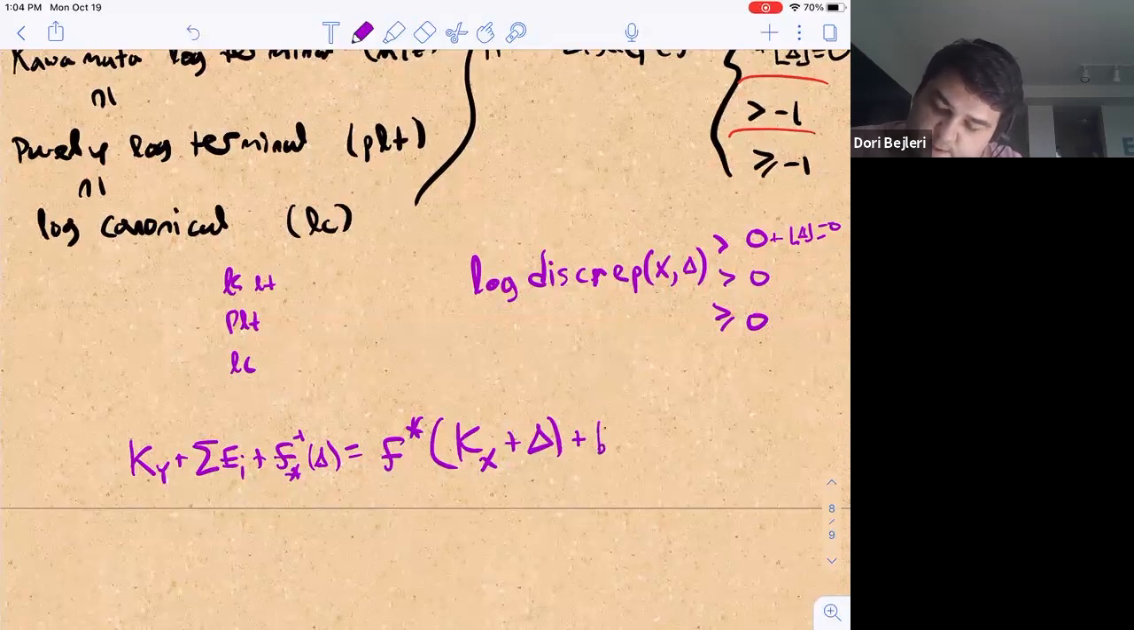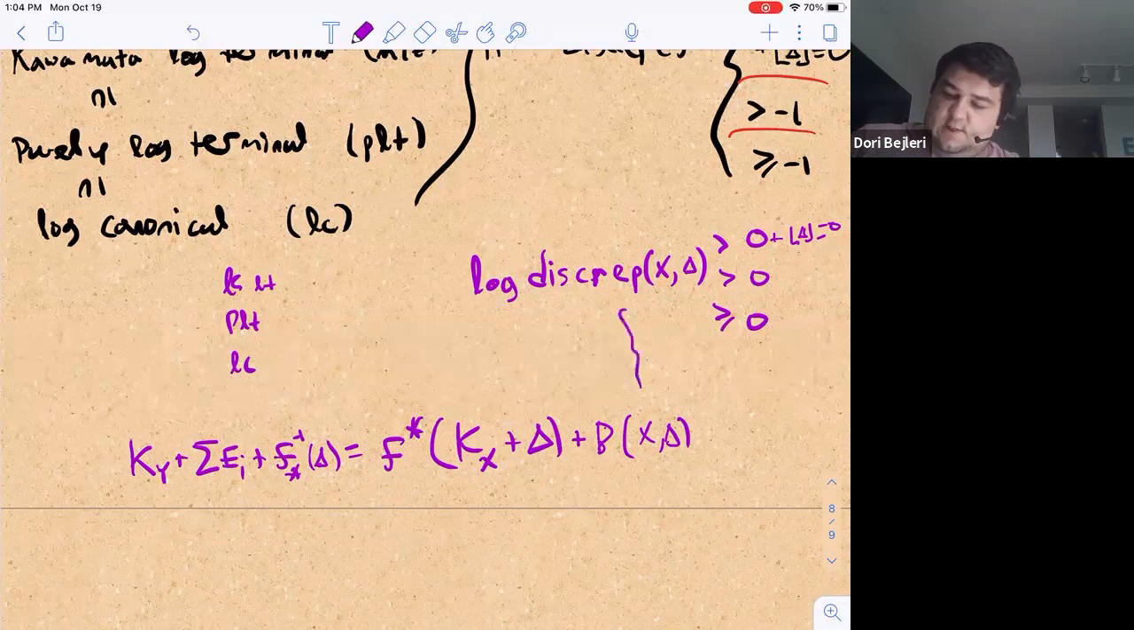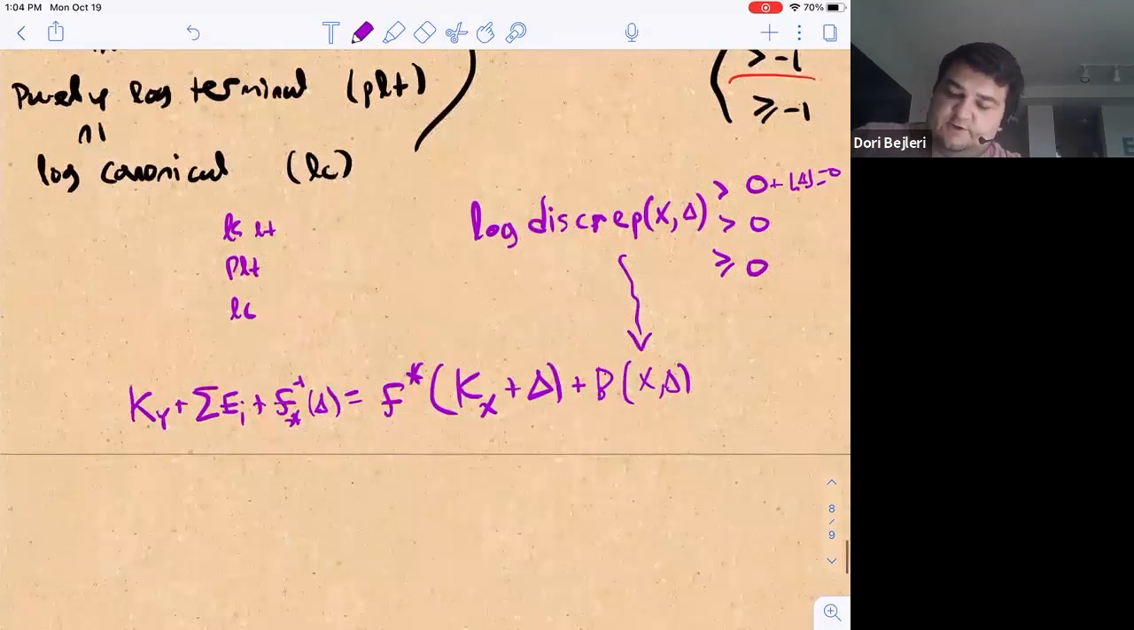So I'll just call it a B divisor of discrepancies. And so if you write things this way, where the log discrepancies contribute to this B, because I've added the exceptionals on the other side, then the same argument from that proposition from 2 classes ago tells you that log canonical